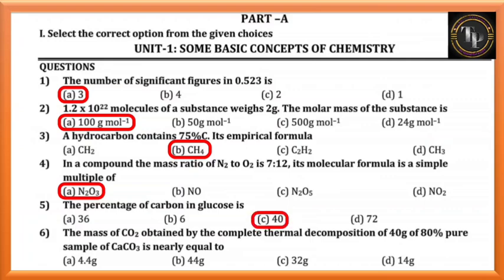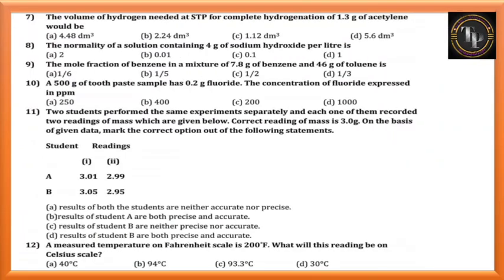The mass of CO2 obtained by complete thermal decomposition of 40 gram of 80% pure sample of calcium carbonate is nearly equal to 14 gram. The volume of hydrogen needed at STP for complete hydrogenation of 1.3 gram of acetylene would be 2.24 dm cube. The normality of the solution containing 4 gram of sodium hydroxide per liter is 0.1. The mole fraction of benzene in a mixture of 7.8 gram of benzene and 46 gram of toluene is